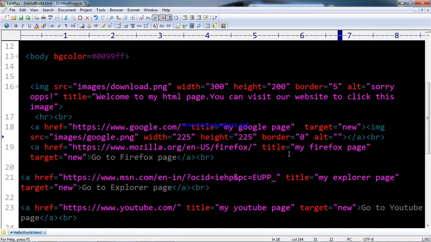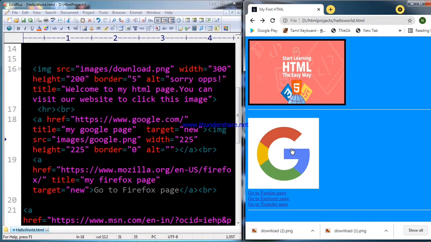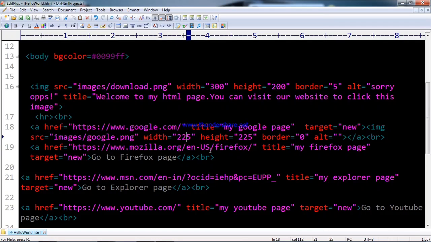So now I am going to give the anchor tag to the image. Instead of giving the anchor tag to the text, I am placing the image as the anchor tag.